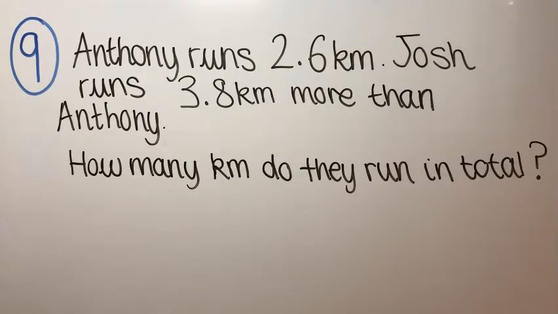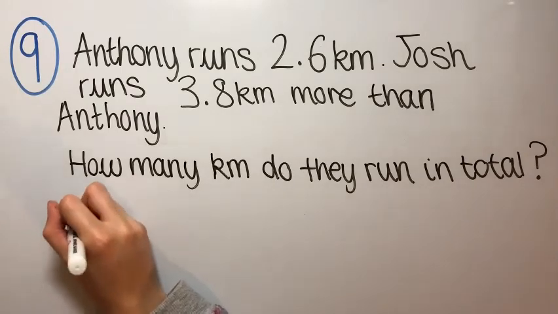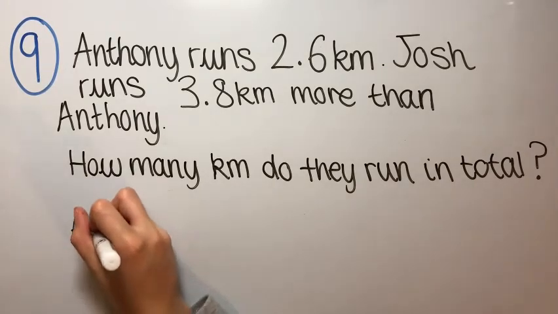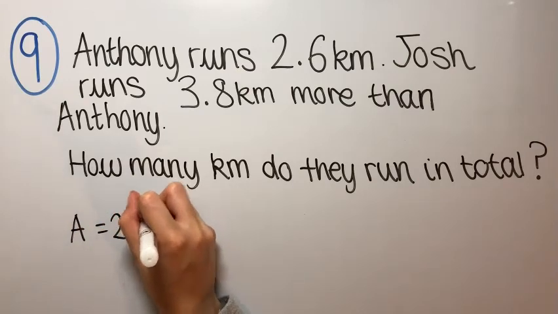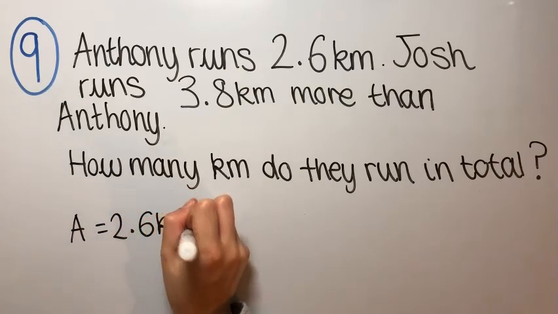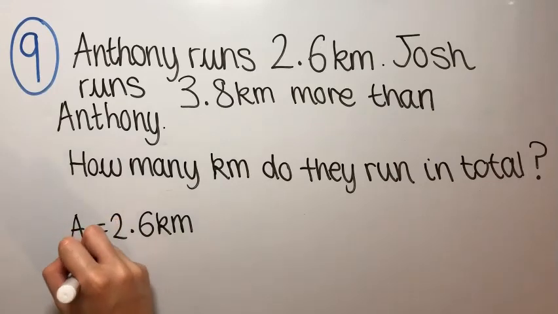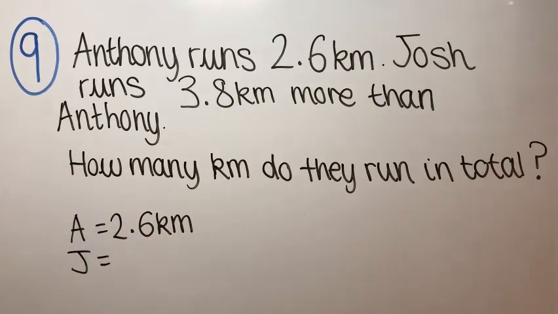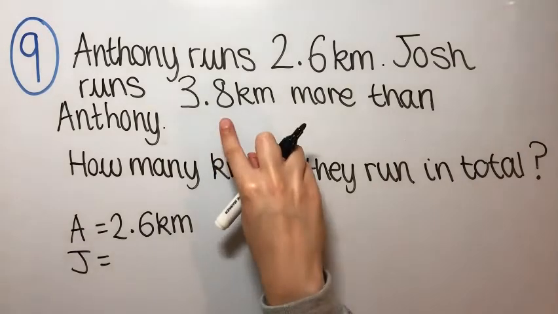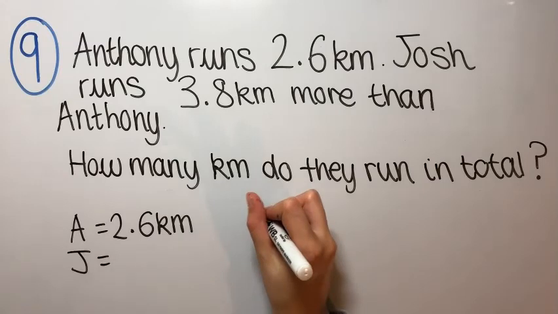Question 9. Anthony runs 2.6 kilometres. Josh runs 3.8 kilometres more than Anthony. How many kilometres do they run in total? Anthony, I'm just going to write A, runs 2.6 kilometres. Josh, J, he runs 3.8 kilometres more than Anthony, so we're going to add 3.8 and 2.6 together,